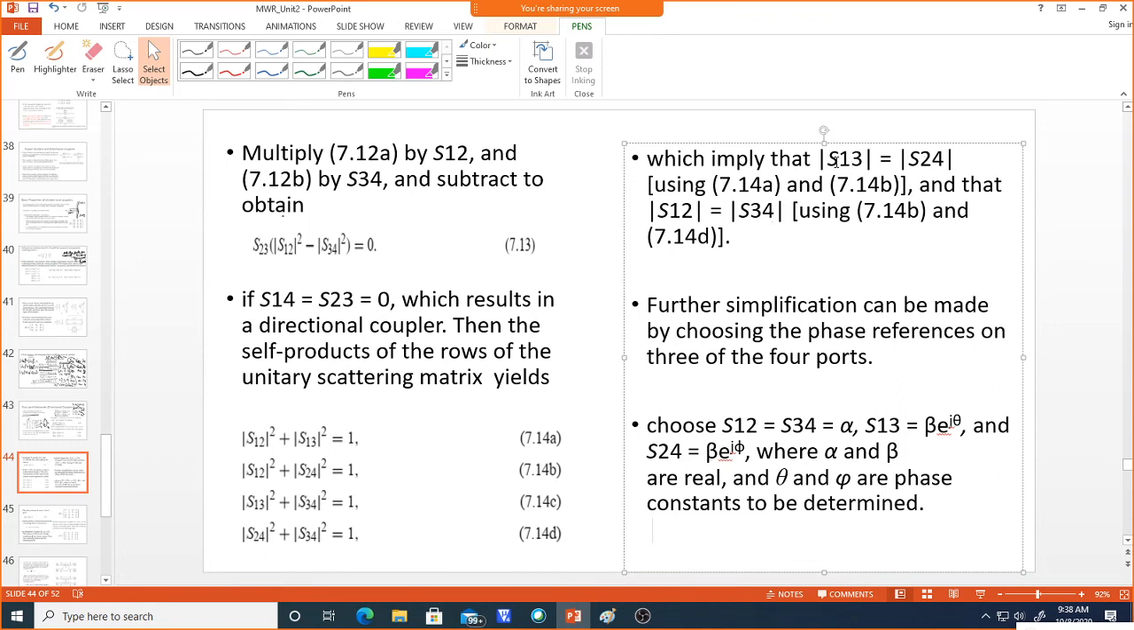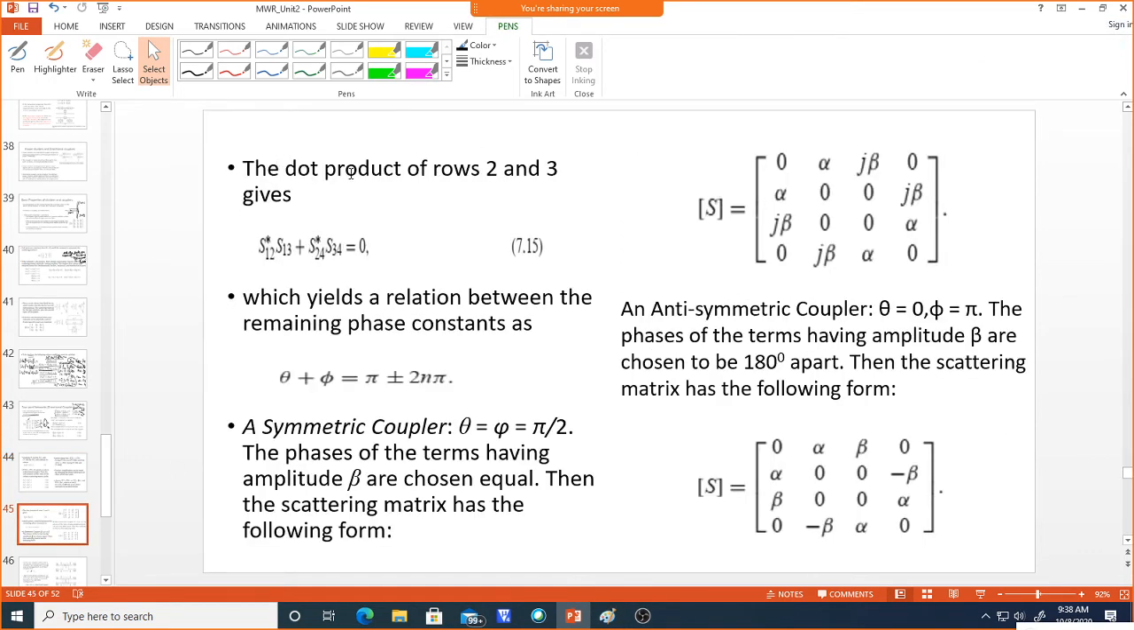Now if I define the components in terms of magnitude and phase for S13 and S24, we take S12 and S34 as alpha, S13 as beta into e power j theta, and S24 as beta into e power j phi. If you substitute these values, you will get the equation S12 star S13 plus S24 star S34 equal to 0, again by applying the orthonormal property,